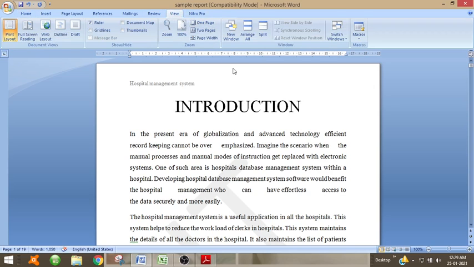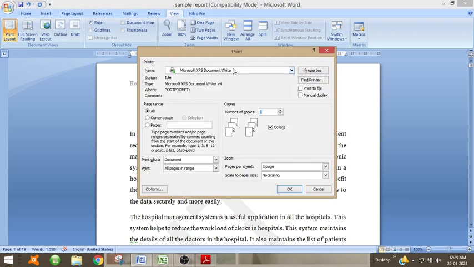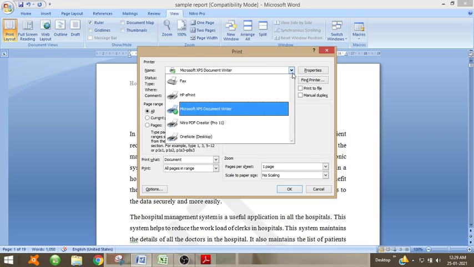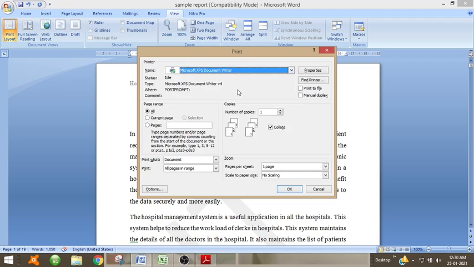So Control plus P. This will show you the different settings: which is the printer, the name of the printer that is connected, which different printers are connected and available, and with which you want to print. Then which pages you want to take printout.